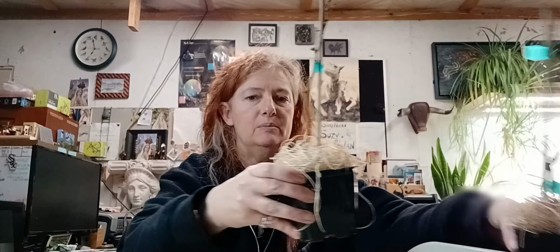I got these from, I want to say Dancing Oaks Nursery. I believe they're in Oregon. They sent them to me, and I am going to repot them